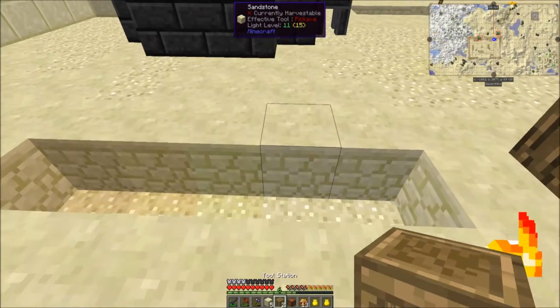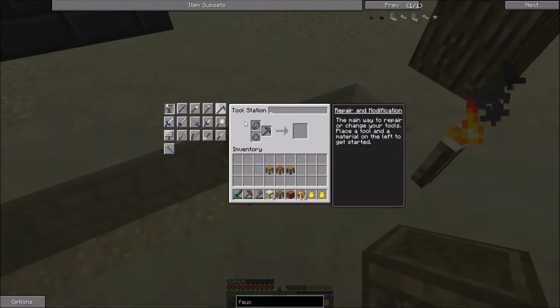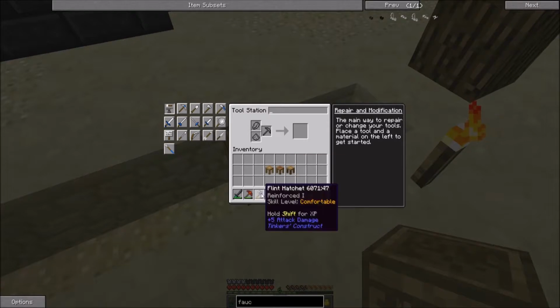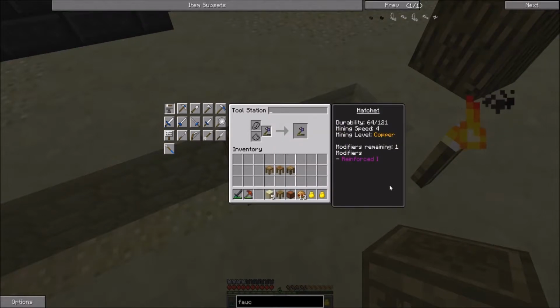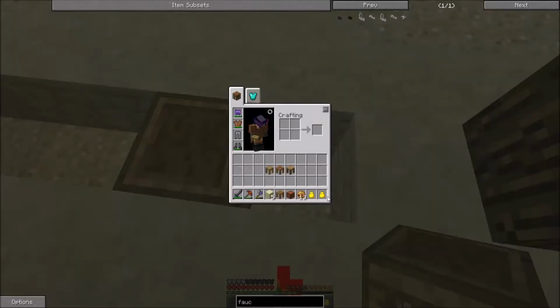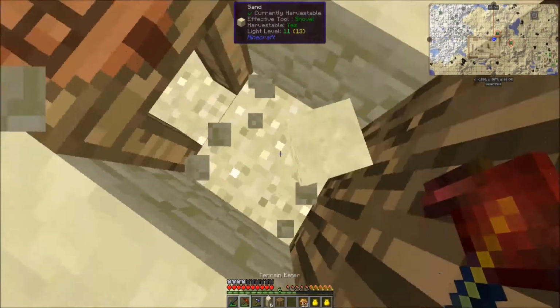So you can put a tool station down. This is where you actually will come to build and upgrade all your different Tinkerer's tools. Thusly. I usually like to put next to that a standard crafting table. Like so. Underneath that,